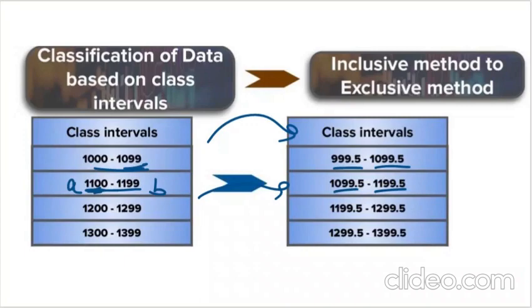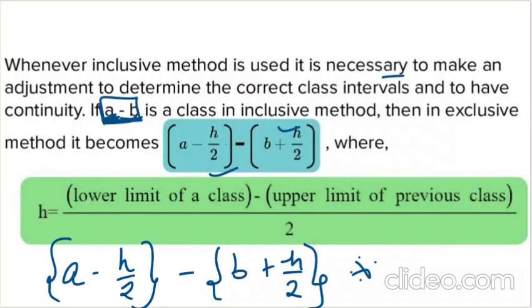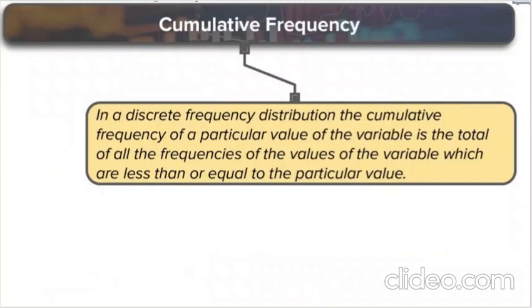Okay, clear? Alright. Now let's move towards an important topic, that is cumulative frequency. Frequency, we know, means what? Frequency is nothing but how many times something is getting repeated. But what is cumulative? First you understand the definition, then I'll explain it. Whenever we have a discrete frequency distribution, cumulative frequency for a particular value of the variable is the total of all frequencies of the values of the variable which are less than or equal to